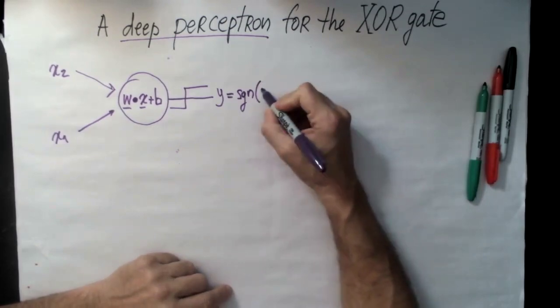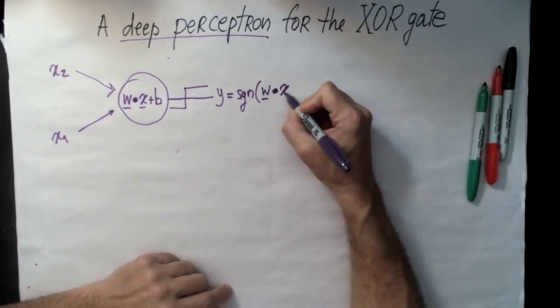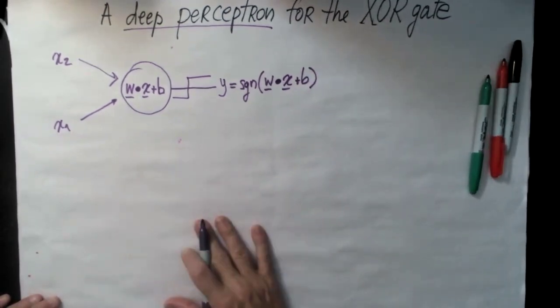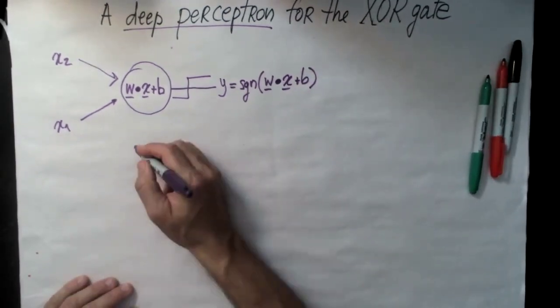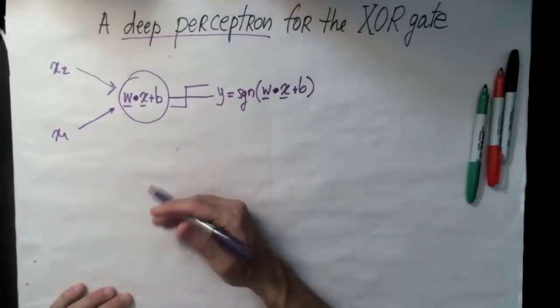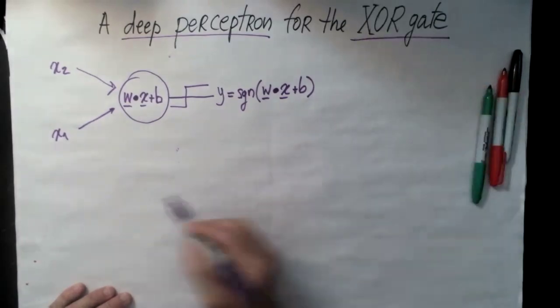And this is basically the linear perceptron, and to understand why the linear perceptron is not enough for the XOR gate,